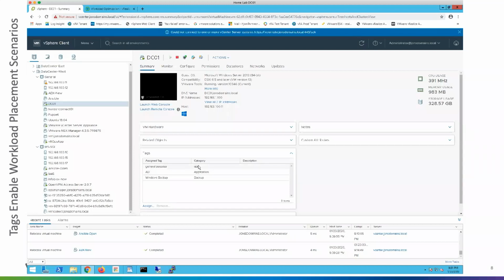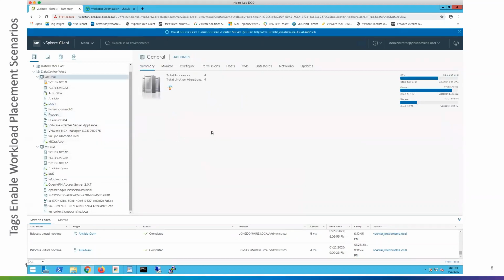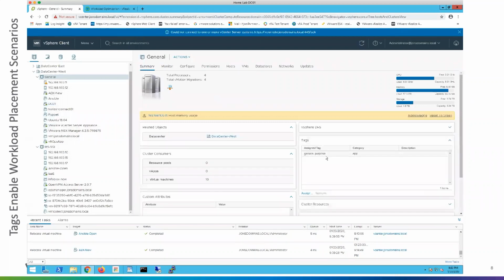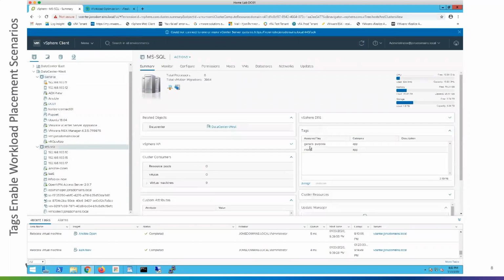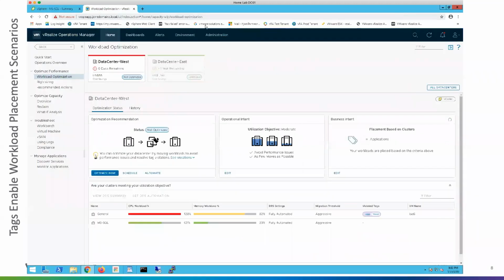And if you look at a lot of these other workloads, I have that general purpose app tagged on them. Pretty much anything I select in here is going to at least have that general purpose app tag. And then if I look at my cluster level on my general purpose, I have it set so that it can run general purpose app workloads. But on my MS SQL cluster, I have it set so that it can run general purpose app workloads and MS SQL workloads. So it's going through, it's doing these vMotions, and once it's done, this screen will update, and